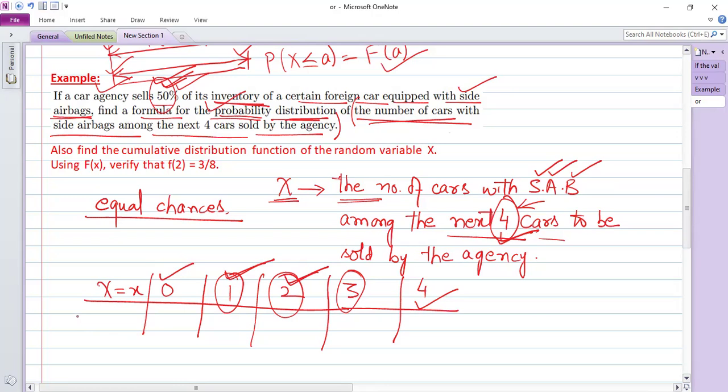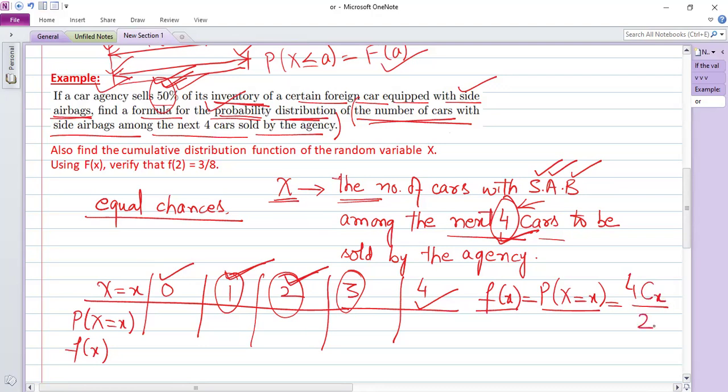And now what we need is the probability that X is x. The usual symbol is f(x). So this f(x), or this probability that X is x, is actually given by 4Cx divided by 2 raised to power 4, where x can be 0, 1, 2, 3, 4. So this f(x) is given by this formula. How does this formula come about? For that,